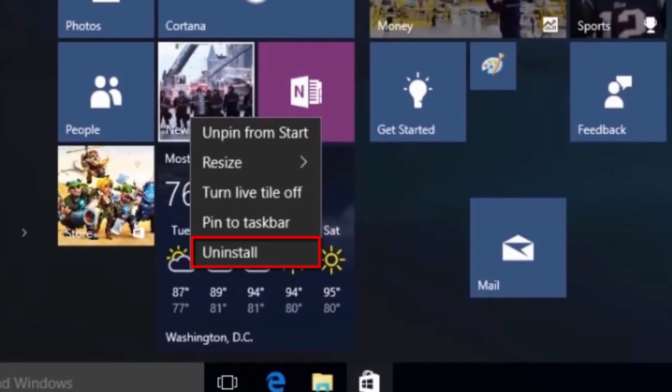Uninstall. Selecting Uninstall will allow us to completely remove the app from this computer. Any apps you uninstall can be reinstalled in the Windows Store. If you do uninstall a built-in app like News, you can get a complete list of the pre-installed apps by searching for Microsoft Corporation. Selecting in any of the blank space on the Start menu will exit the menu without making any changes.